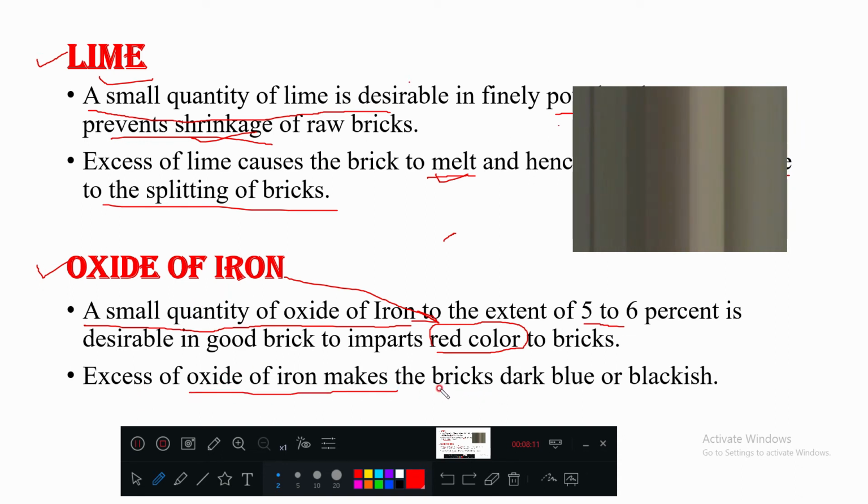Excess iron oxide makes the bricks color dark blue or blackish. So normal amount gives red color, excess iron oxide will give dark blue or blackish color. Okay,